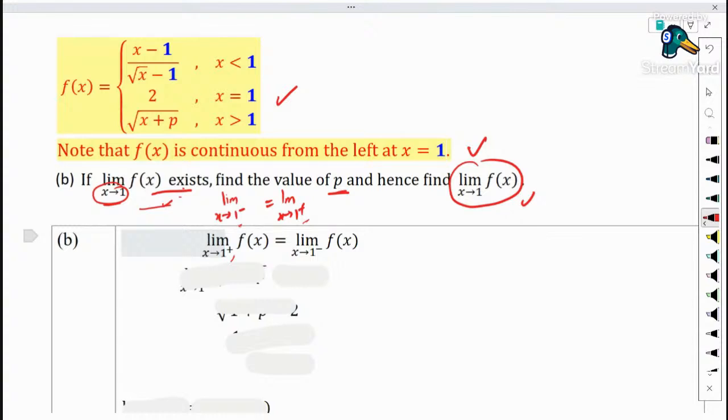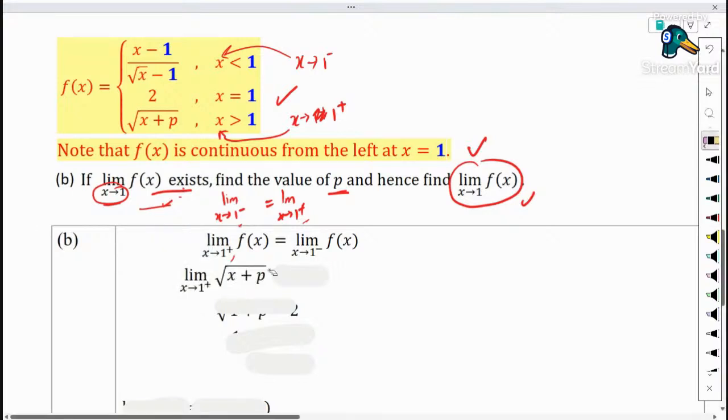So in here, for x approaching 1 plus, I find out that we use the third function. For 1 minus, sorry, this is 1 plus; for 1 minus we use the first function. So for 1 plus, this is the result that we have. For 1 minus, guys and girls, please